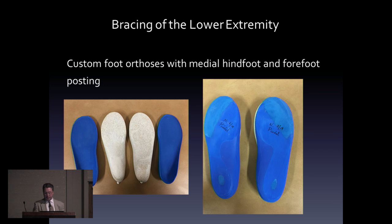So anytime you see these patients, again, it's not necessarily the composition of the orthotic, it's how did you post them, and did you post them enough? Because I can tell you, when I'm replacing foot orthotics pretty regularly, there's never enough posting on these, and that's where they fail. And the arch fill also fails. So think outside the box. Don't always just put a functional orthotic underneath them, because that's the lab you check it off to. I can't use the same material composition in my orthotics for this population, so you shouldn't be doing it either,